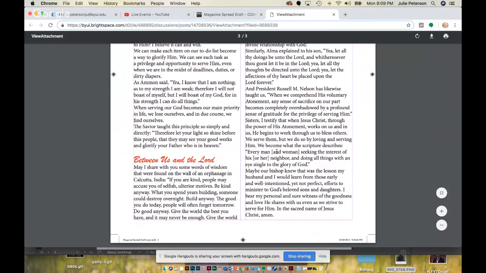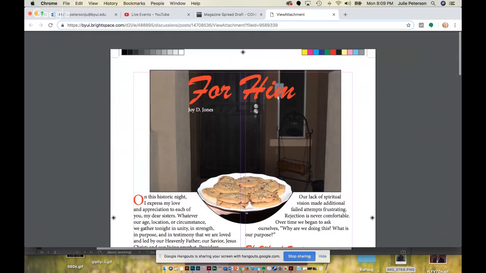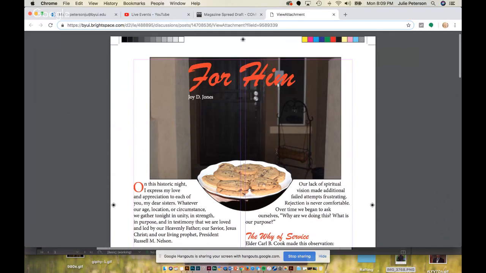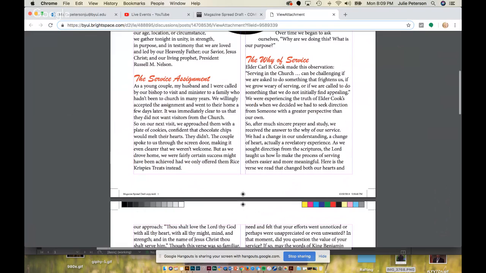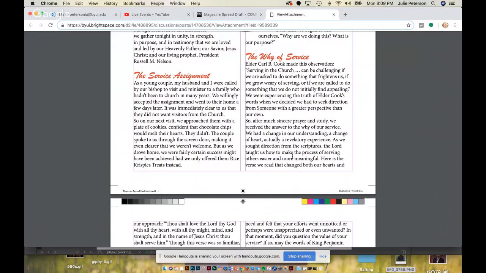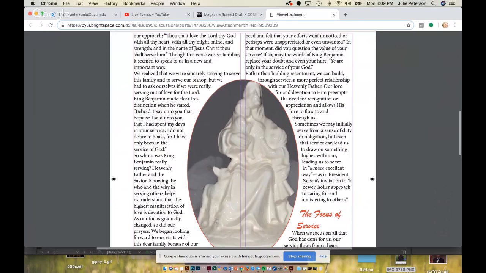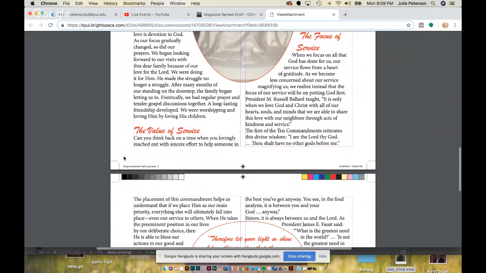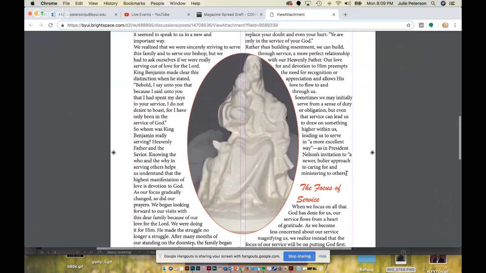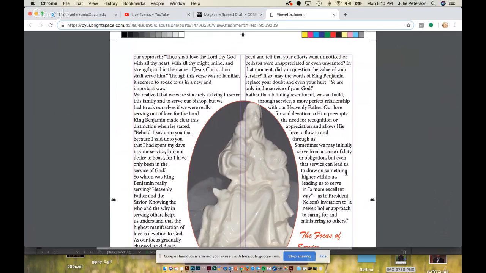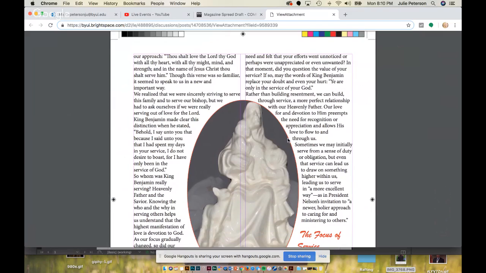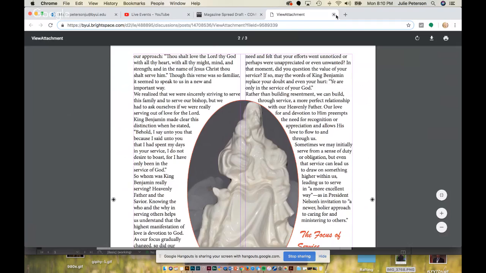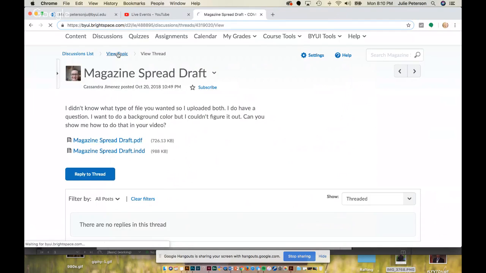Maybe I would suggest bringing one more design element in there to kind of create some unity, whether it's just like an orange bar across the bottom, whether it's a line, just to kind of bring it all together. That added design element will just, oh, I would increase the spacing here too as well. It's a little close. Okay, that's pretty much it, Cassandra. You're off to a great start though. It's looking really good.